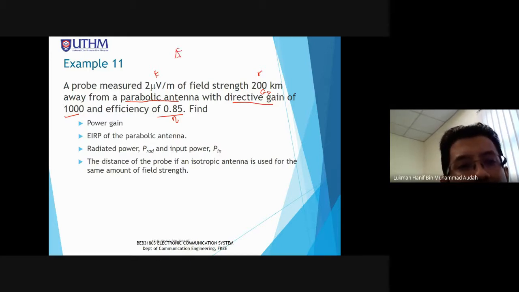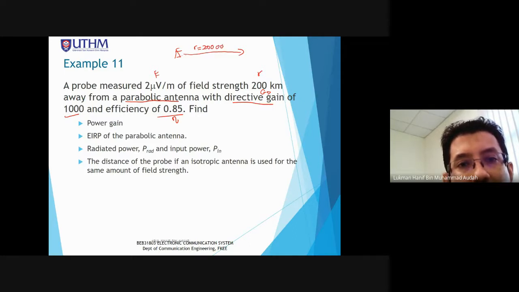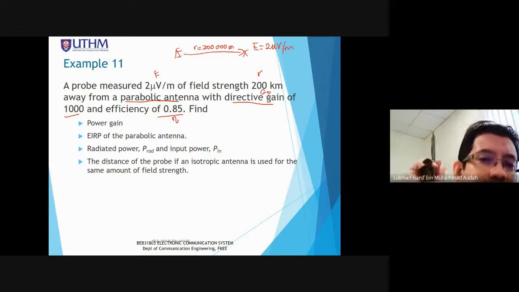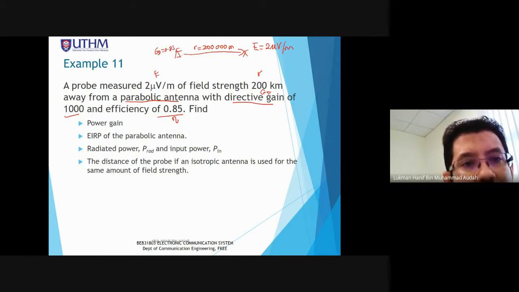Okay, so dikatakan di sini this parabolic antenna transmit signal at 200 km away, R bersamaan dengan 200,000 meter. Okay, dan pada point X ini kita boleh mencapai E field bersamaan dengan 2 microvolt per meter. Okay, dan this antenna mempunyai directivity gain sebanyak 0.85 dan dia punya efficiency sebanyak